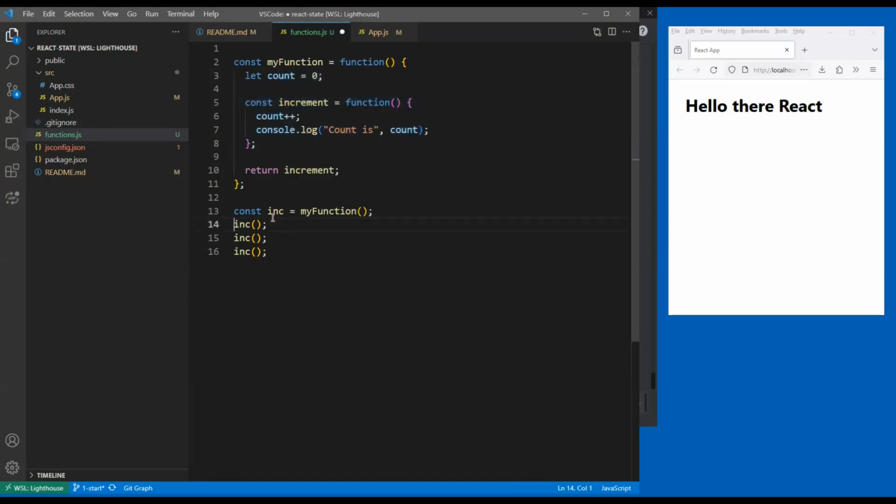Okay. So let's make this a let, and let's do this again. I'm going to call inc again. And then I'm going to call inc, inc, inc. Okay. What's going to happen now, do we think? What do we expect? Do we expect 1, 2, 3, and 4, 5, 6? Or 1, 2, 3, and